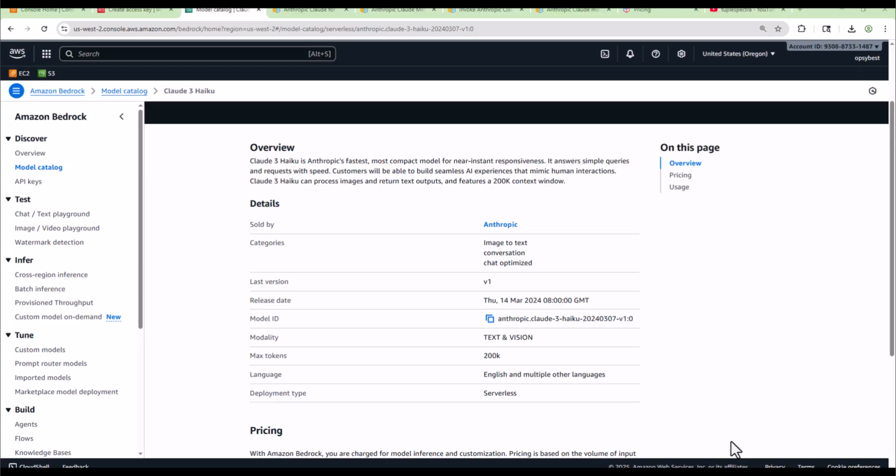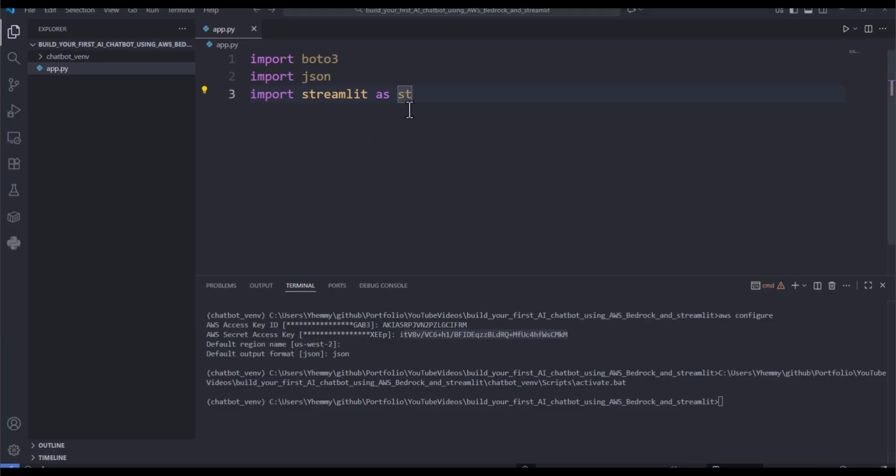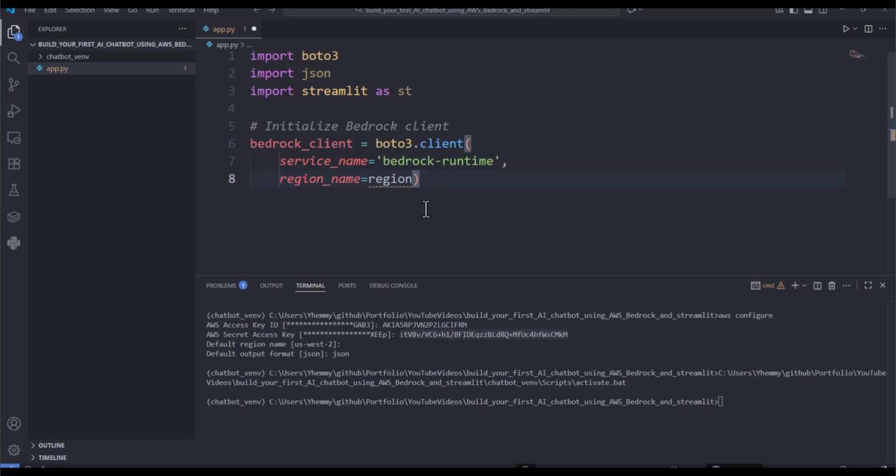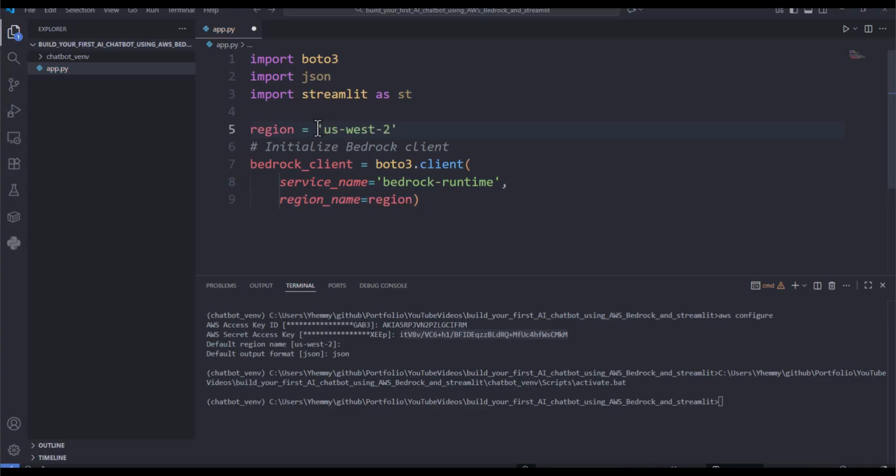So the first thing I'll need to do is to initialize my Bedrock client. My region is US-West-2, which is what I have passed here, region name is region. Then service name is, you have to put